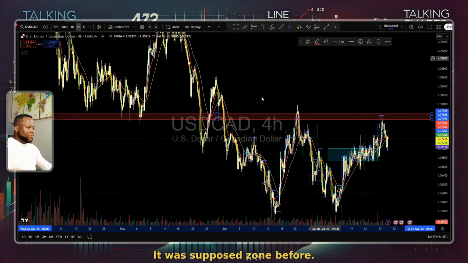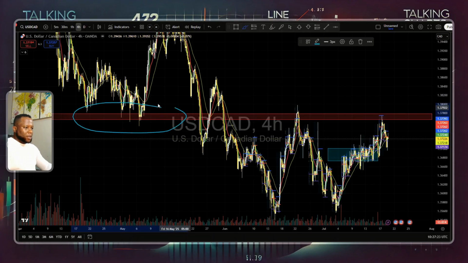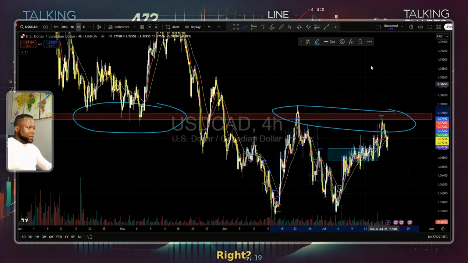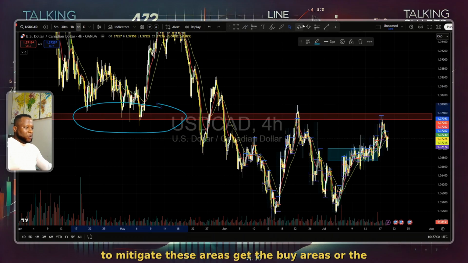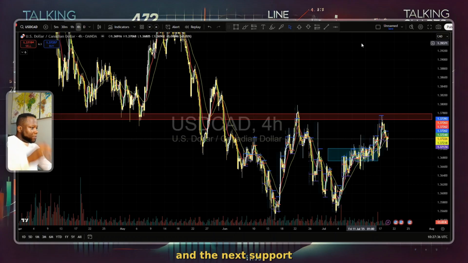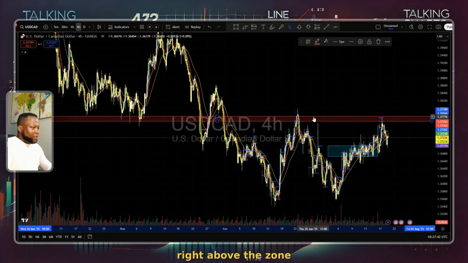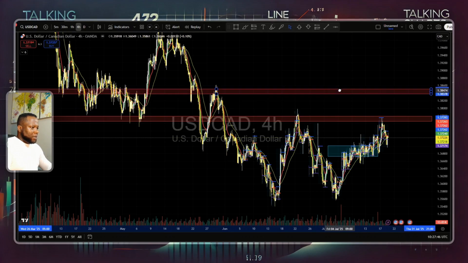It was a support zone before, support here, now has become resistance, right? So we want to wait for price to mitigate these areas, get the buy areas or the buy zones, and the next support or the next area for sales will be located right above the zone here at, I think I have this at 138.48, if price is to break